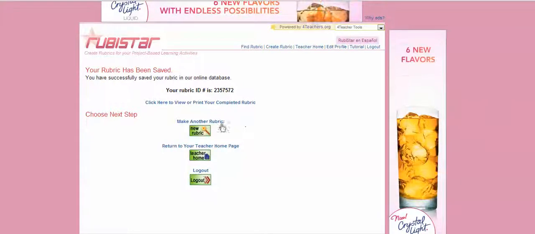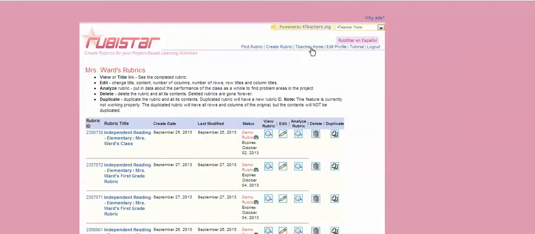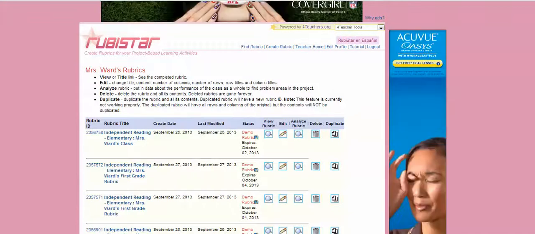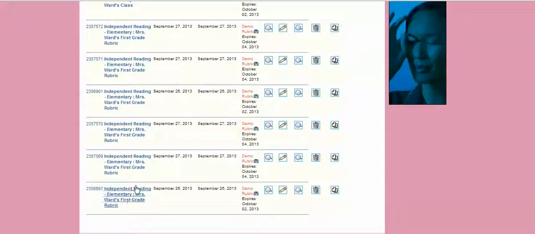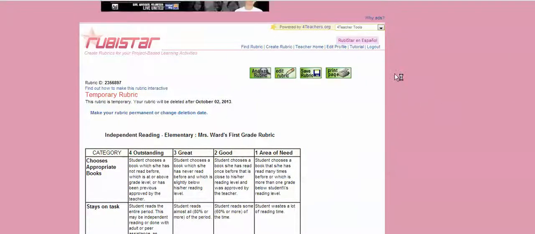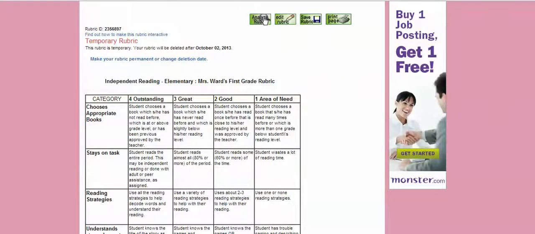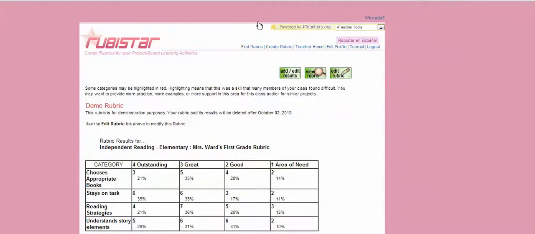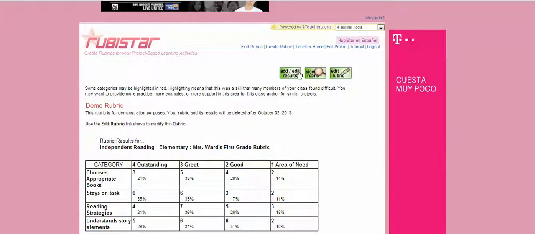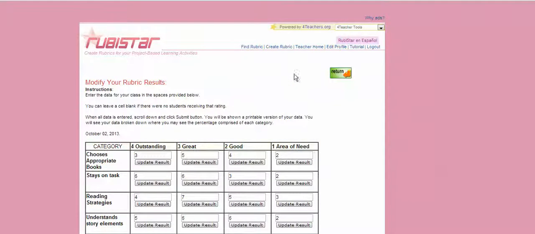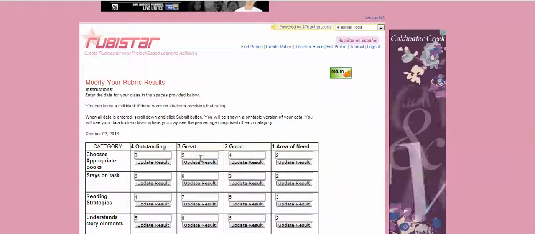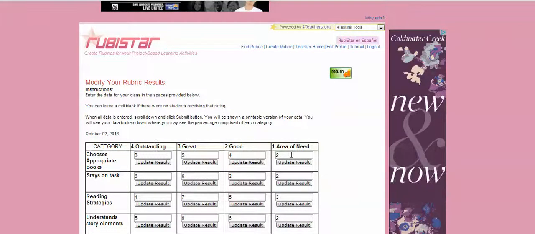One thing that's really great is that if I go to Teacher Home, it has all of the rubrics that I have done. I can analyze my rubric by inputting some of the results in, and as you can see, I have counted up my 4s, my 3s, my 2s, and 1s depending